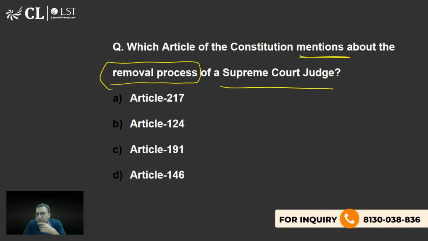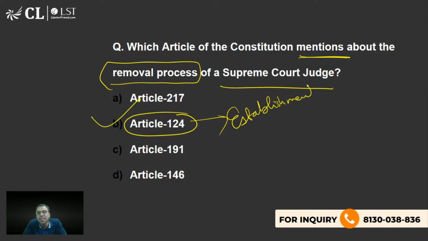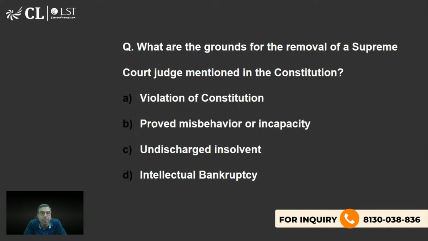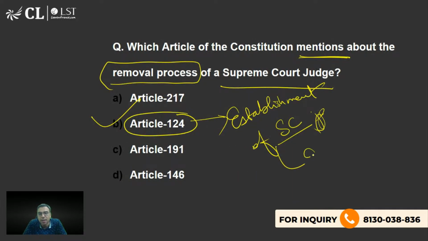What is the right answer? Please tell me, guys. I'm waiting for the response. This is very easy. I have told you many times that Article 124 talks about establishment of Supreme Court. So it mentions everything regarding Supreme Court judges. Establishment of Supreme Court में eligibility criteria, the appointment process of Supreme Court judge, सब यहाँ mentioned होता है 124